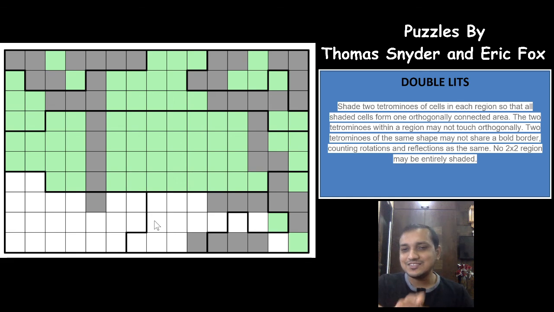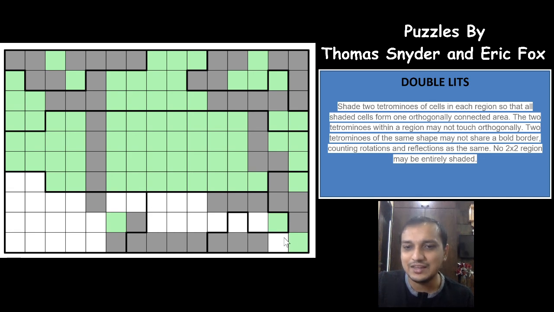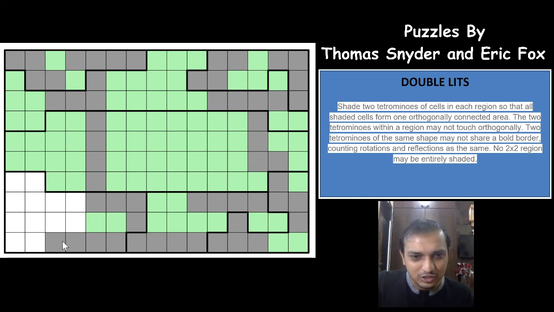Wow guys, this end part is excellently designed. If you shade this cell, there is no way that you can connect two different tetrominos using just one cell. So this cell will have to be connected, and you have two tetrominos to be connected using this cell. That has to be I, this cannot be I, this can be T, and this will have to be I. Wow guys, wow. And which means that this is one tetromino. Oh, there is already an I, so it cannot be I, and this is the second tetromino.